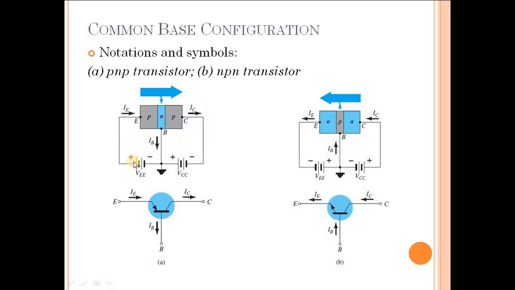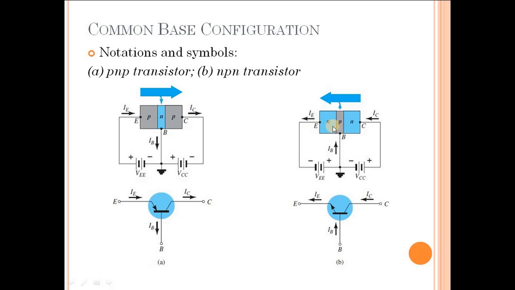Input current is IE. So IE is the input, whereas IC is the output in this circuitry. And the DC bias which results in IE and the DC bias which supports IC have a common ground, a common reference, and the reference ground is connected to the base terminal. So when we say that it is a common base configuration, we are trying to point out that the base is common between the input side and the output side of the circuitry, and the base is connected to the ground reference in the circuit.